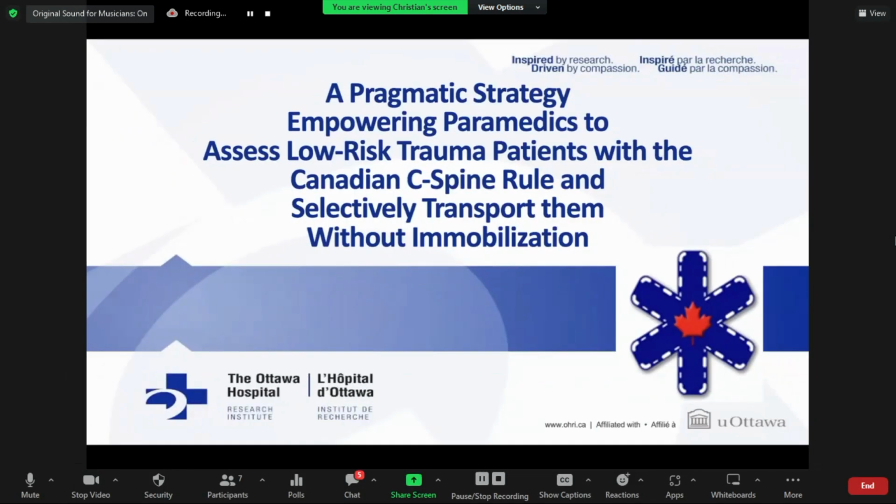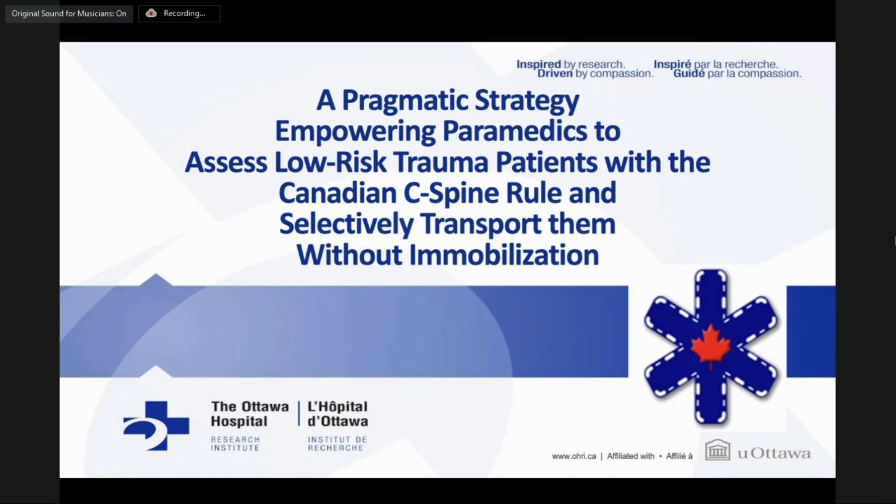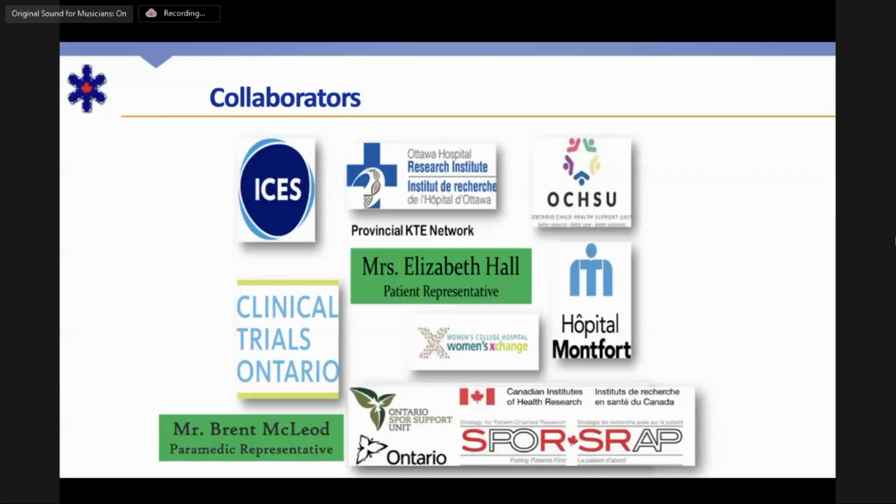So fast forward many years, and the project that was funded by OSU and SPOR. In terms of implementation, we're also very grateful for this opportunity, which would not have occurred otherwise, to engage with partners we would have never engaged with before. They're mentioned on the slide over here, not the least of which, and I'm going to just mention for now, the Clinical Trials Ontario. At our research institute, this was the very first project that was put through Clinical Trials Ontario. It certainly facilitated greatly the implementation of the study in terms of the ethical aspect of things, and especially when it comes to renewal,